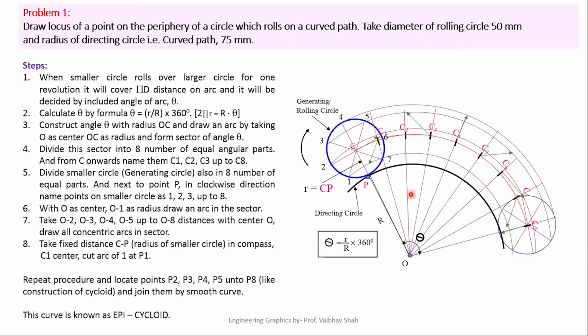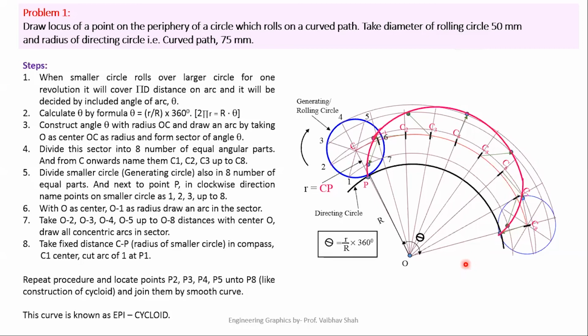After getting these intersection points, we have to highlight these points. So let us highlight these points by dark points like this. Now, after that, we'll finalize these points. And after that, you have to identify these points and join them by a dark smooth line like this. This is nothing but your curve. This dark curve is known as your epicycloid. After completing this curve, you will define these points as P1, P2, P3, P4, P5, P6, P7, and P8.